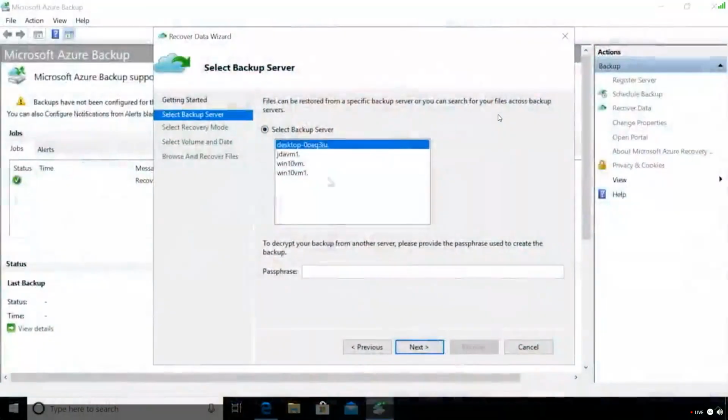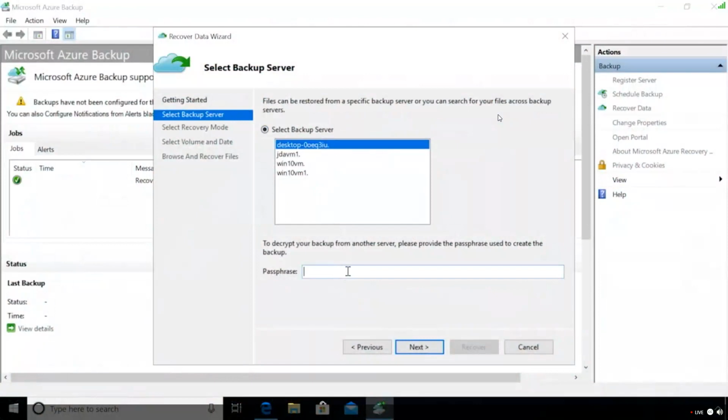Then it says which server in the vault, and these are all the different systems that I've backed up to this particular environment. It asks me my passphrase. I told you the passphrase before we started. You remember what I told you? I definitely don't remember it. You don't remember, right? No, but didn't you put it in your Key Vault? I did put it in my Key Vault. I saw how to do it.